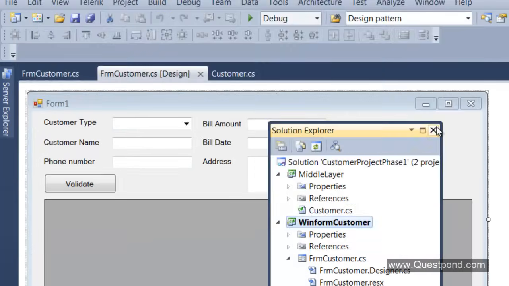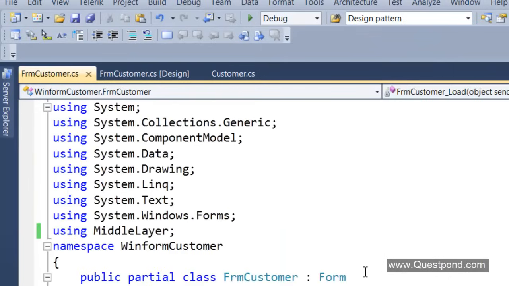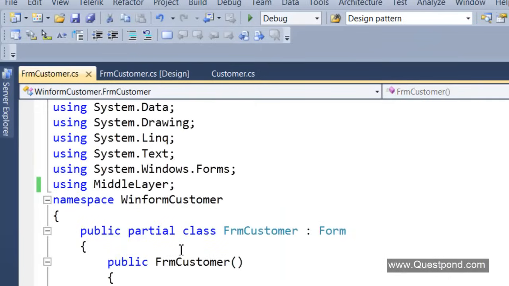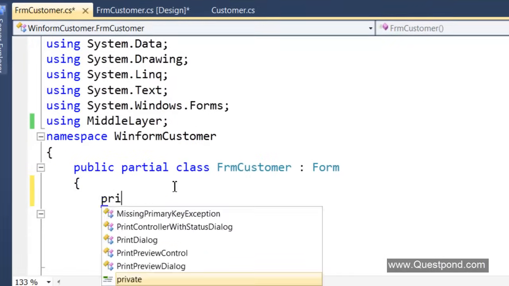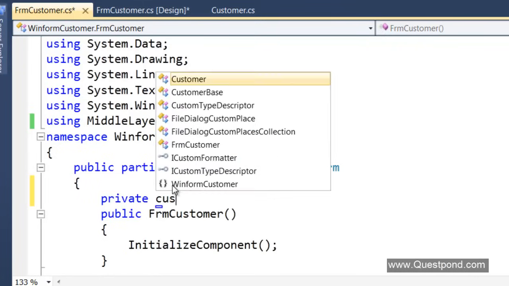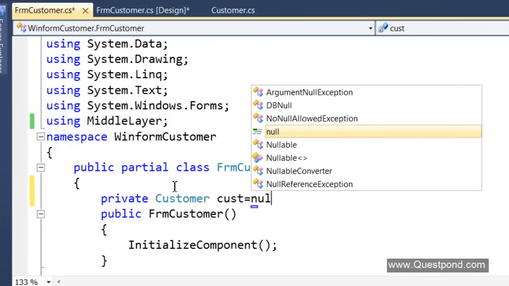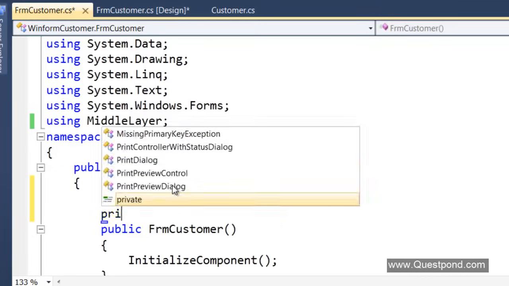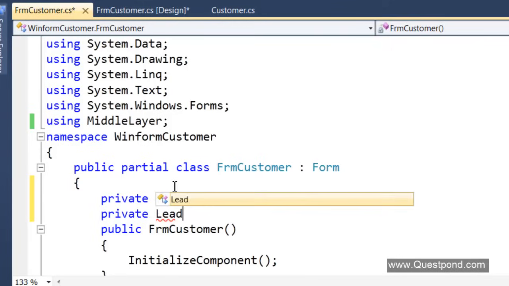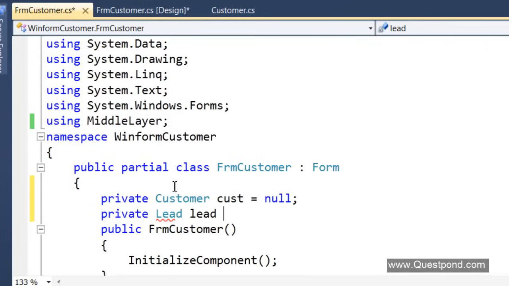So what I'm going to do is I'll go back to my UI. So depending on situation, I will say private customer. So either this UI will create a customer object, or probably it will create a lead object, right?